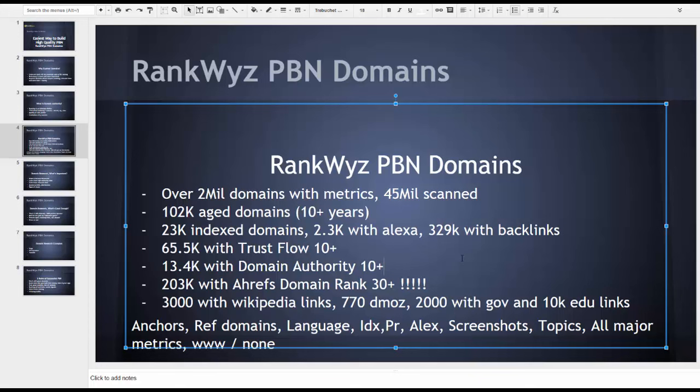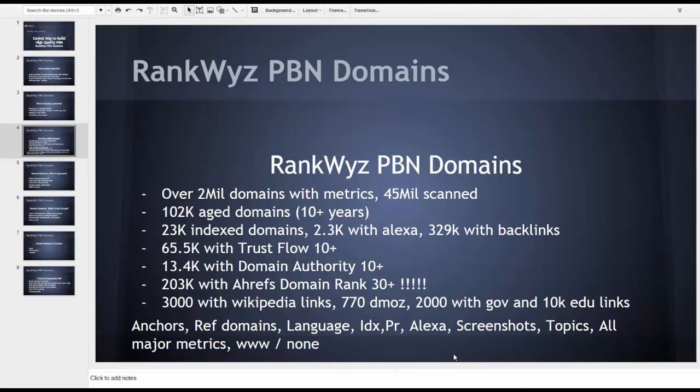So we collect anchors, referred domains, referred TLDs, language of anchor profile, check indexing, page rank, Alexa, screenshots, topics, all major metrics. We also check